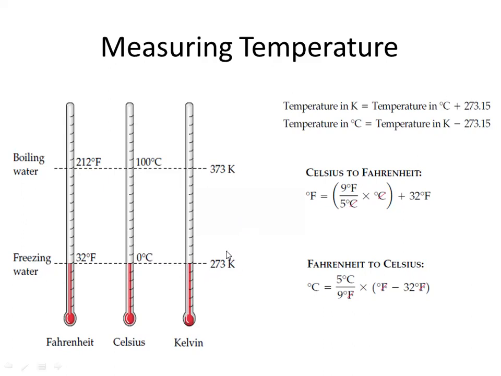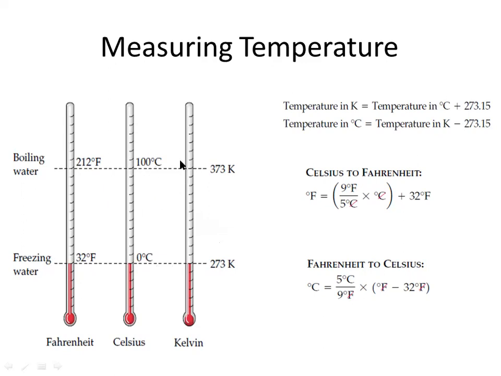Just like we did earlier, 1 kilogram equals 1000 grams. There is no change in the amount of whatever substance you are measuring in kilograms or grams. Only the unit changes. One is the bigger unit, the other is the smaller unit. So 273 Kelvin is the freezing temperature of water. And if you want to measure in Fahrenheit, it would be 32 degrees Fahrenheit. All these three temperatures are the freezing temperature of water.